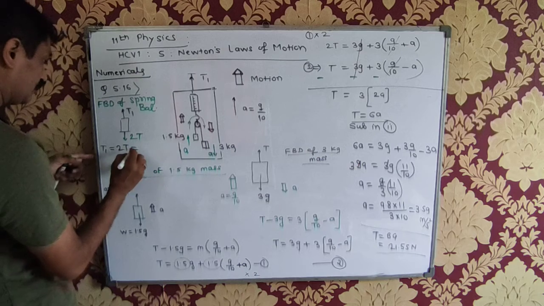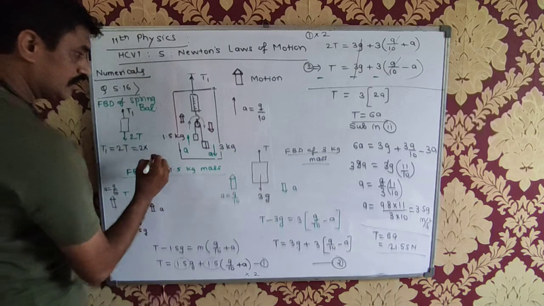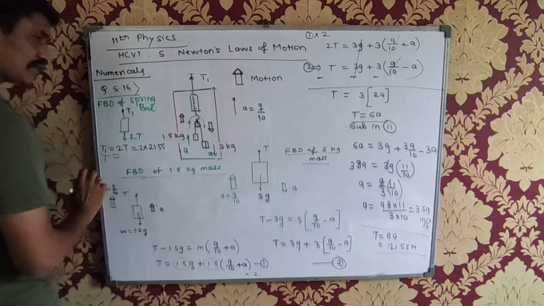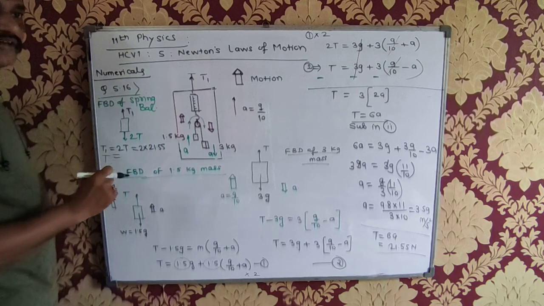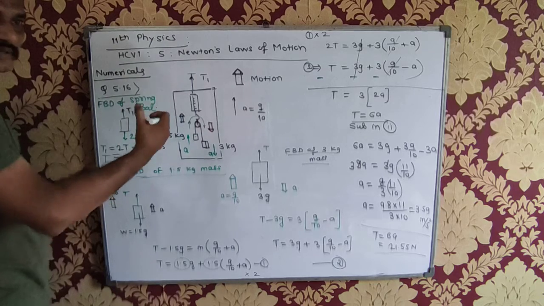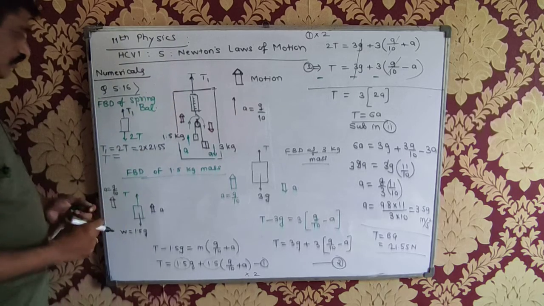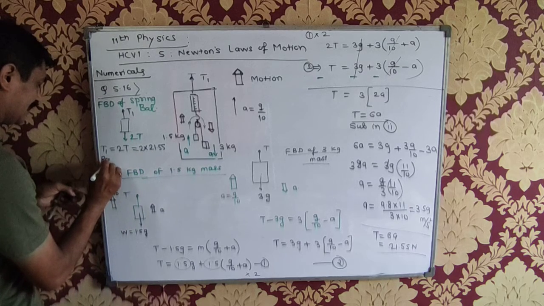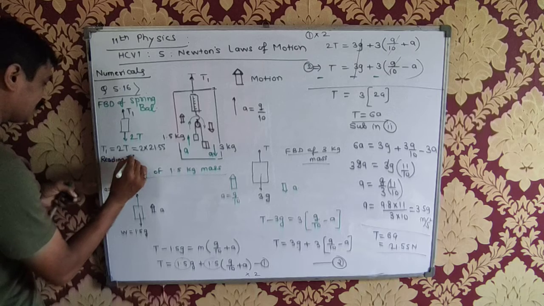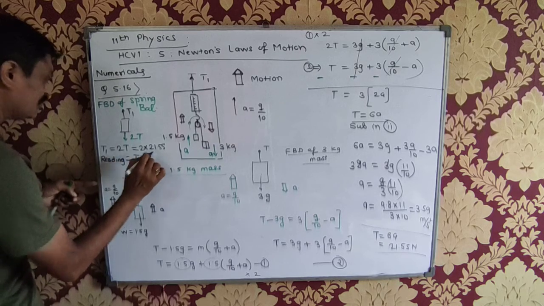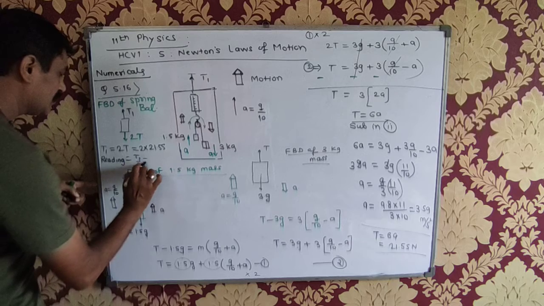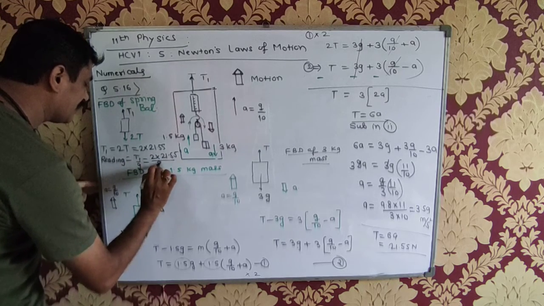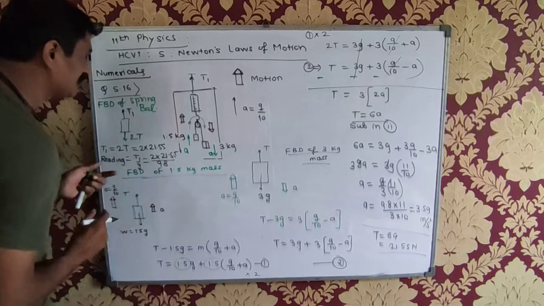2T, हाँ. 2 into 21.55, but that is the tension. लेकिन इसके ऊपर क्या दिखाता है? मास. केजी में दिखाता है ना, स्प्रिंग बैलेंस जो होता है वो केजी में दिखाता है. तो जो भी कुछ आंसर आएगा, रीडिंग जो आएगा, reading is nothing but T1 upon g. जो भी कुछ टेंशन है divided by g, मतलब 2 into 21.55 upon 9.8. Please do this calculation. This will be the answer.